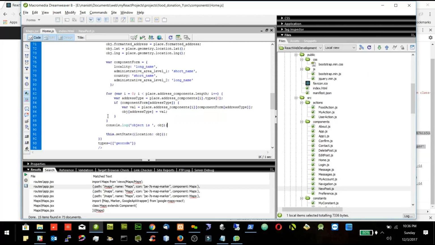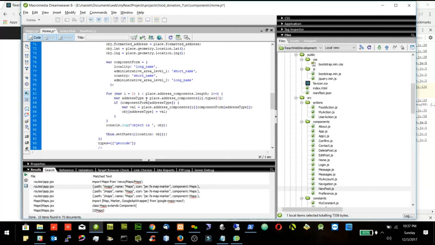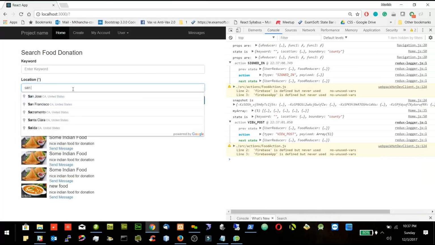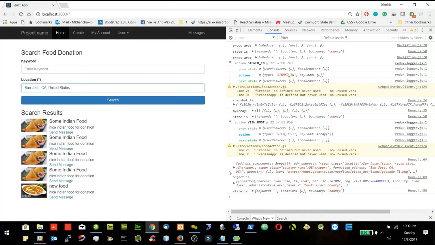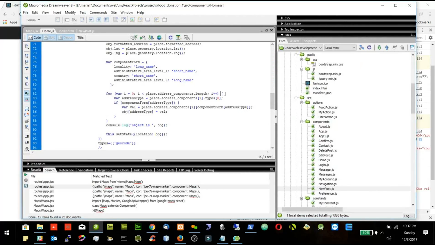So I will explain the for loop again in short. It's still not clear. Okay, so let's remove this part and we will see. Let's first type here San Jose. If we go to all the details, we have to go inside the address components to get the city, state, location. So if I type console.log,